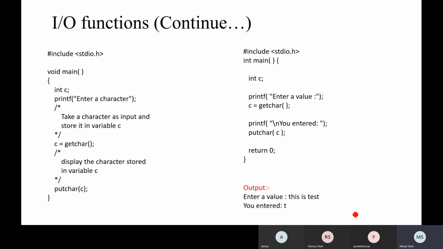So this is the code for the same. Here we have taken getchar and putchar as functions as part of a program, right? So, enter a character, c is equal to getchar automatically. Instead of this, suppose we would like to scan the character from the console, we need to write scanf, right?